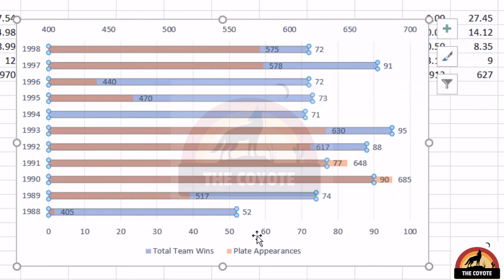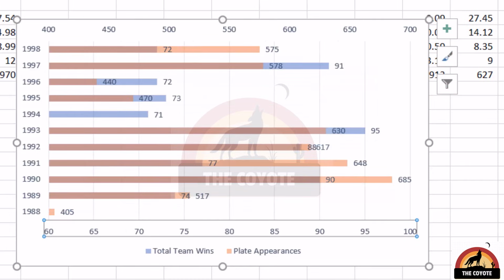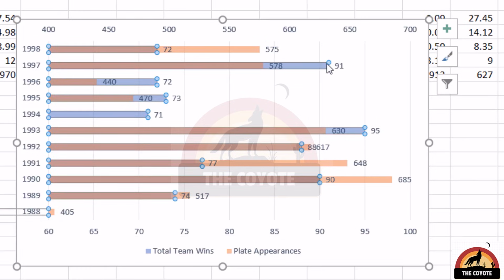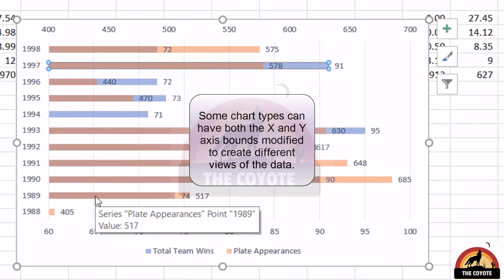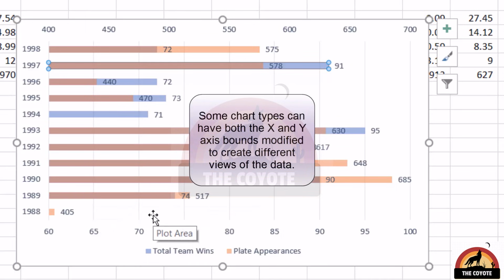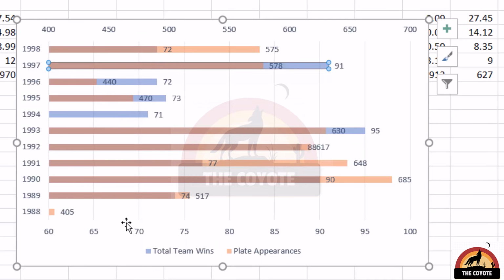I can do this same thing to the team's wins axis and set the minimum to 60. Doing so vastly rescales the total wins bar to make the wins at 95 and 91 seem significant, while the other years look less so. For some of our data sets, we can do the same thing to the y-axis to effectively zoom in on certain data segments, such as for scatter plots or line plots. But for now, let's move on to our next section and look at some better ways to label and identify